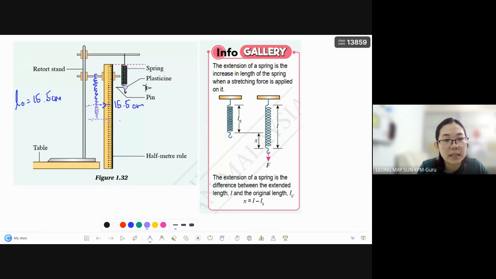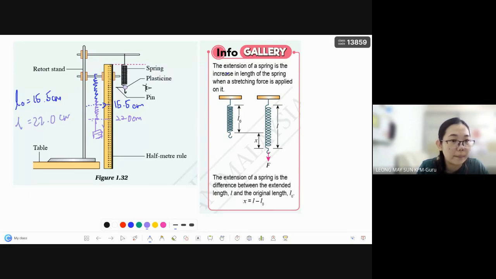And let's just say this position right now is 22.0 centimeter, for example. So when a slotted mass is measured, I'm going to put a slotted mass here. When we measure, we don't include the slotted mass. We only measure the position of the spring. So when the spring is being extended by the slotted mass, the reading actually goes until 22.0 centimeters. So that is my length,